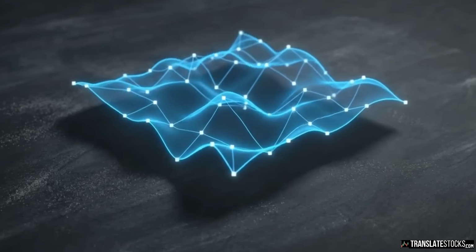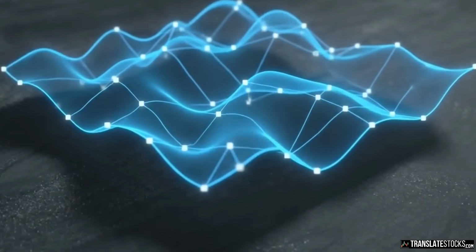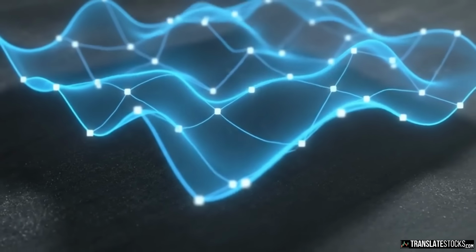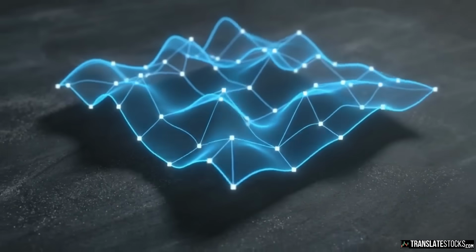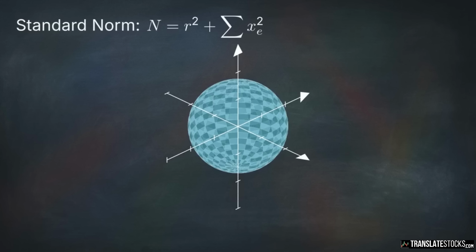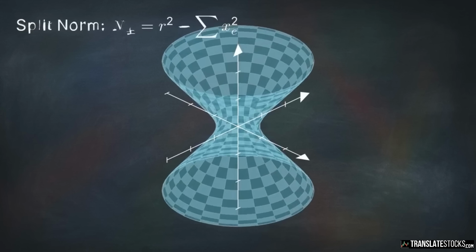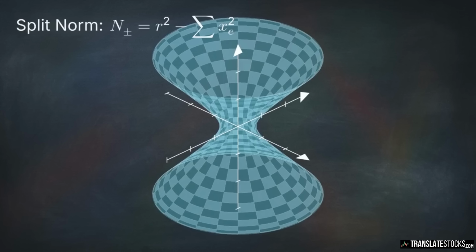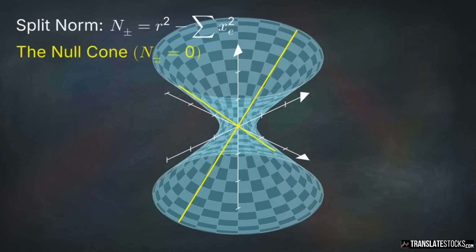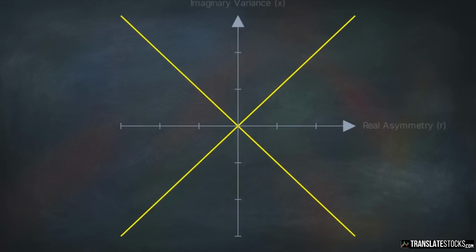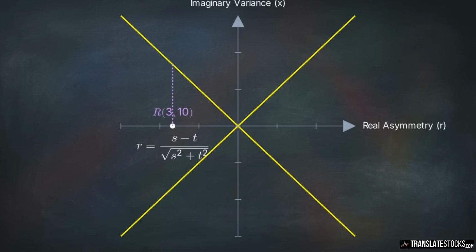With this new framework, we can now map the discrete combinations of the infinite graph onto a continuous topological surface. This transformation is the split norm. It warps the algebra into the shape of an infinite-dimensional hyperboloid. The waist of this shape is the null-cone. It represents the boundary where the real asymmetry and the imaginary coloring variance exactly balance. Asymmetric Ramsey targets determine the specific real part coordinate needed to approach this boundary.